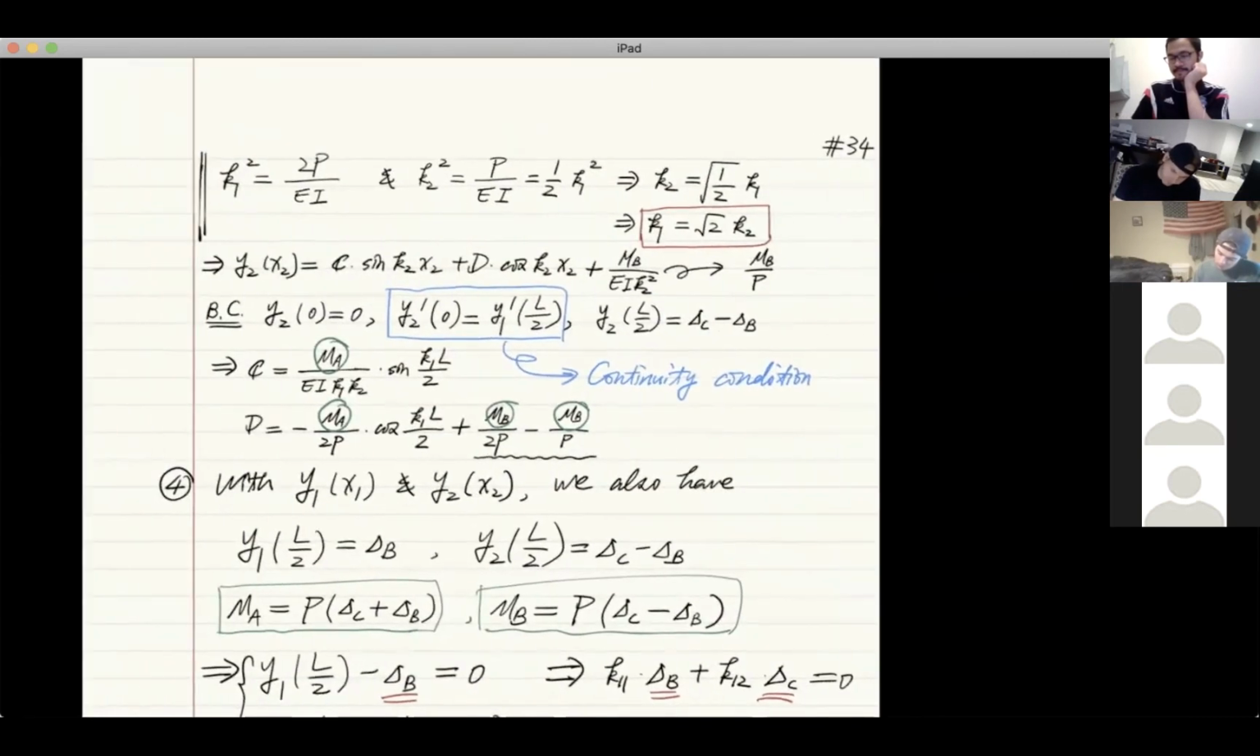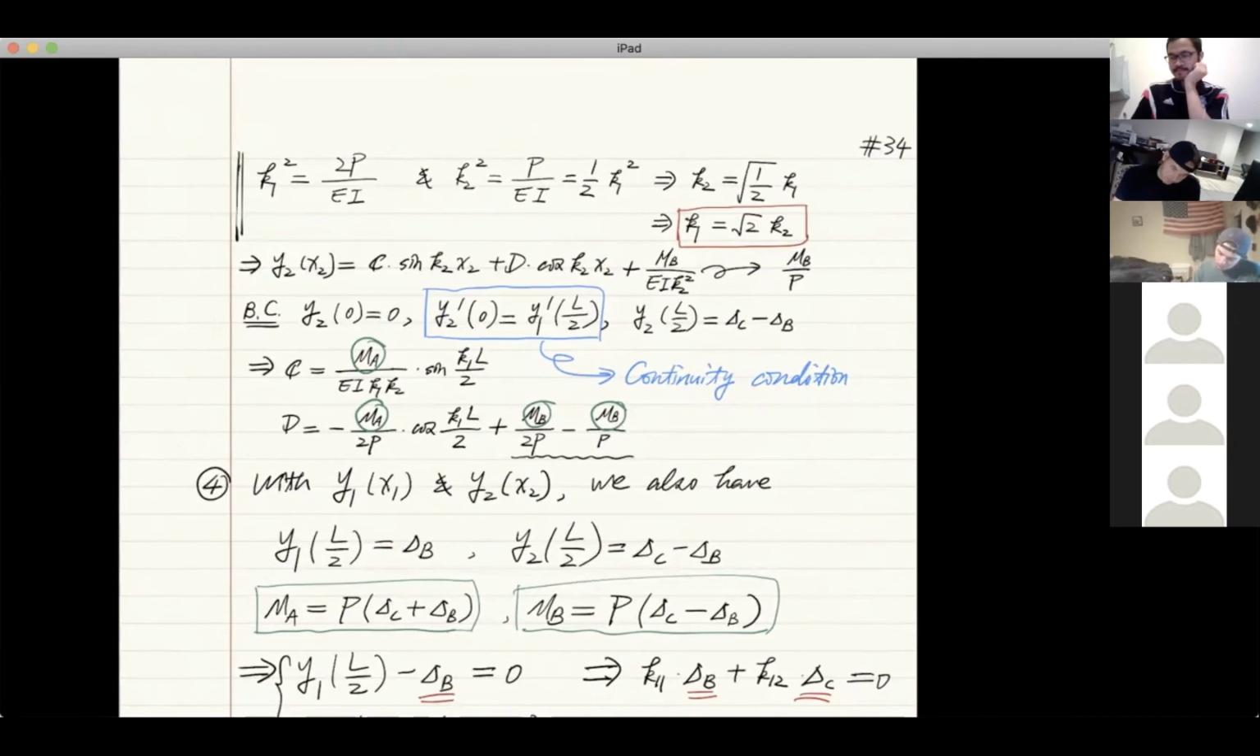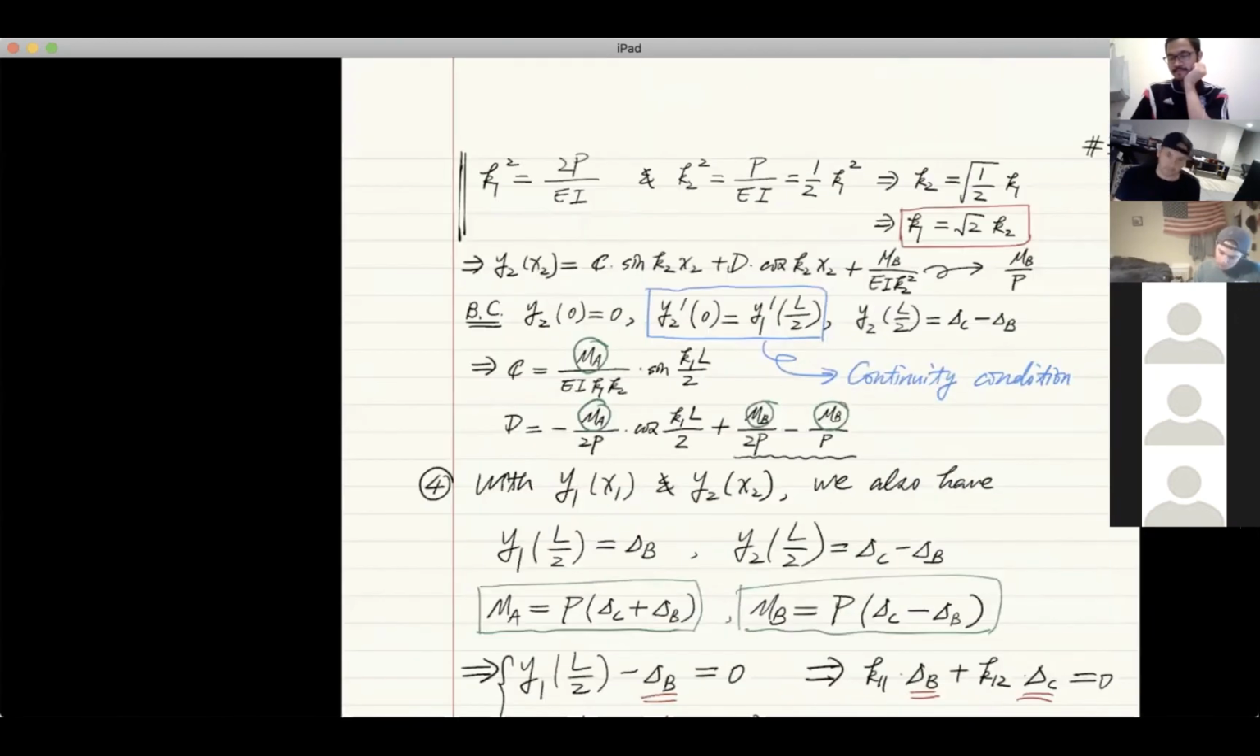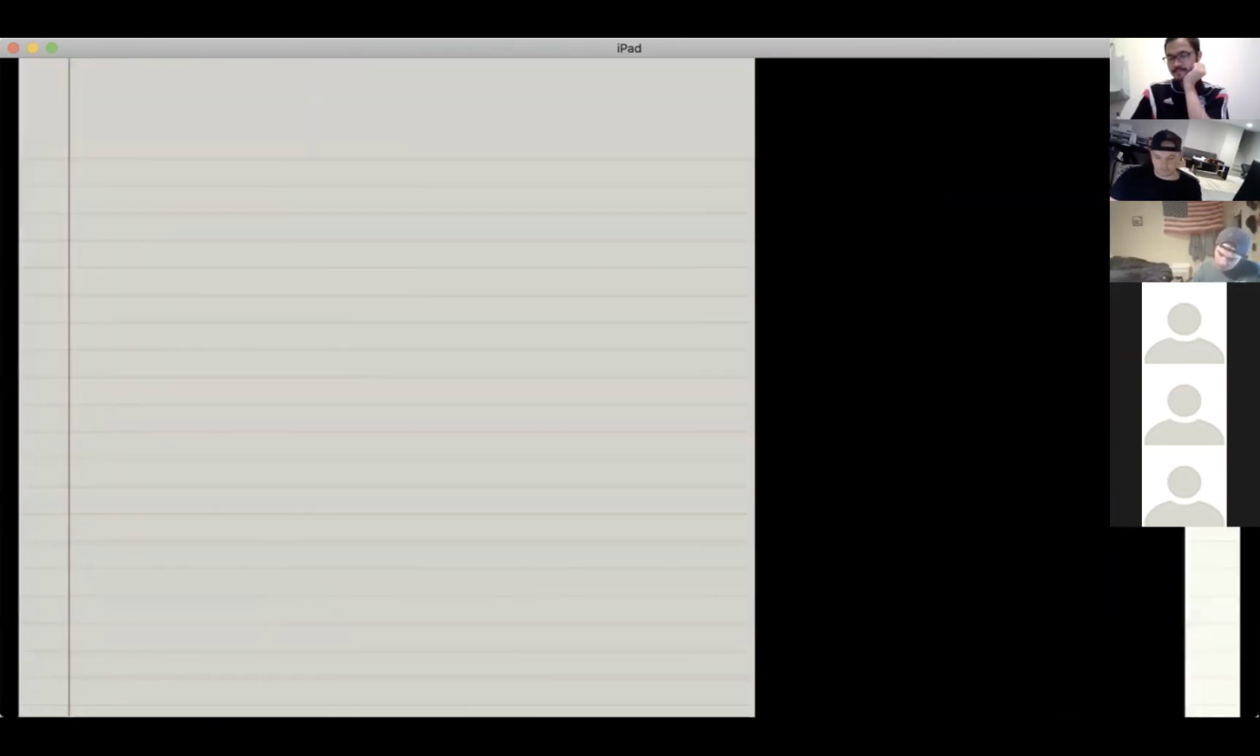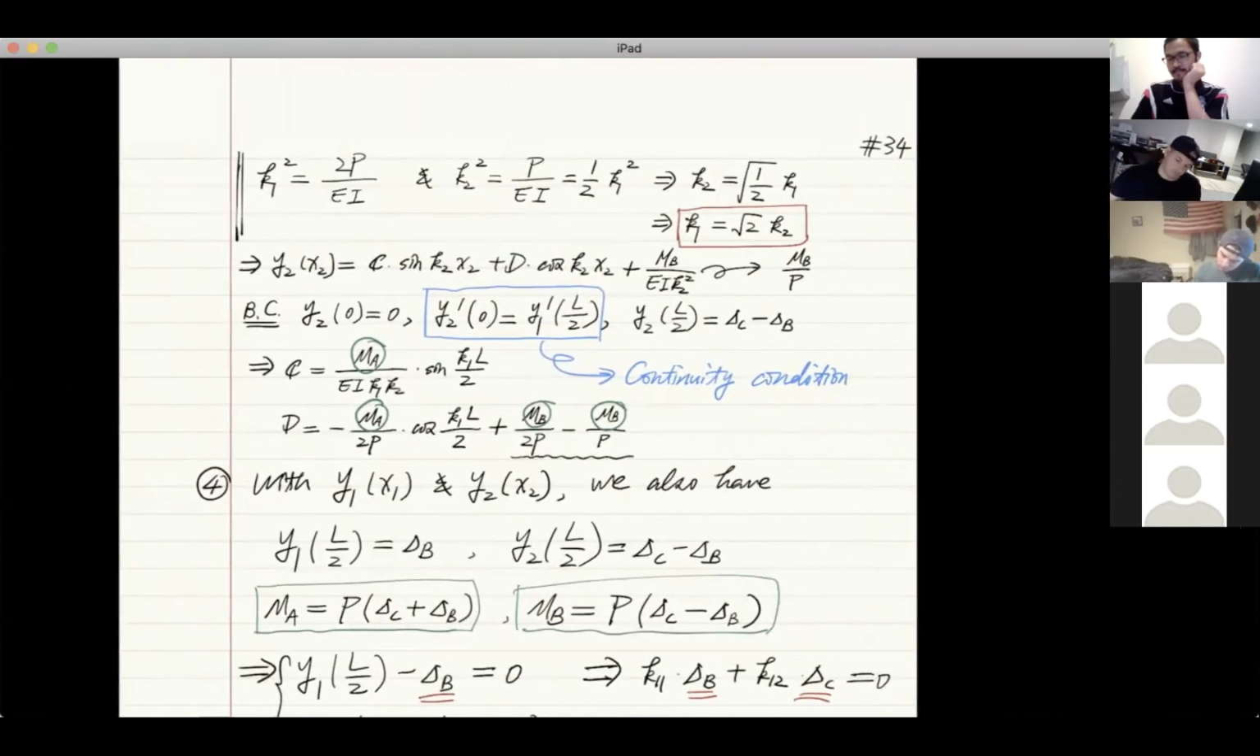And next page, 5. Okay, here. So this is page